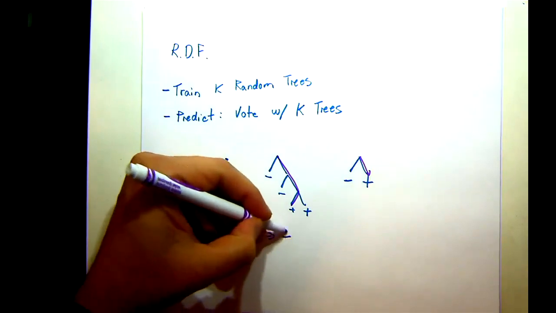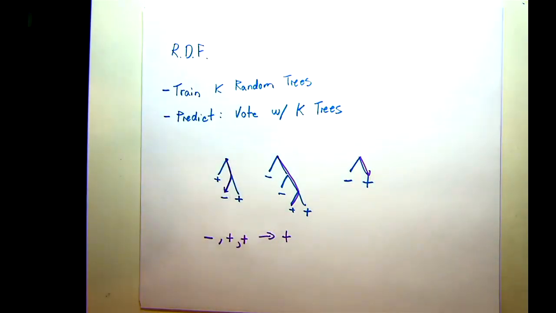So one way to vote would just be to count each tree as a single vote. That works just fine. And if you have a tie, you randomly choose a label. You could choose negative, positive, or if it's multiple trees, you might do multiple ones. Now, you often want to have the number of trees be quite a bit more than the number of labels, just so you get better voting. But this is losing a little information.